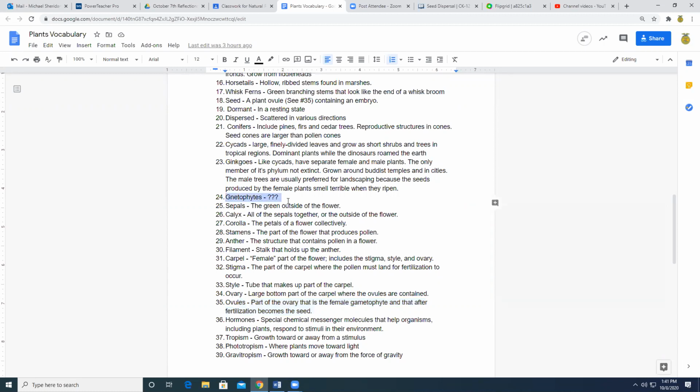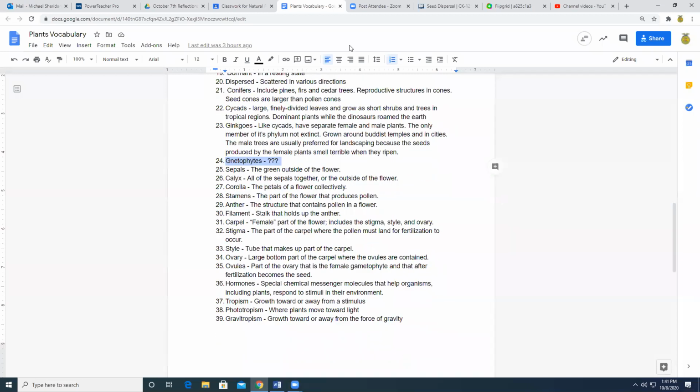Honestly, that was one of our vocab words. I couldn't even find a good definition. They kept giving some examples. Basically, there's about 70 different types of species that are small. They grow in weird places. They look really weird. They aren't very common. We don't even need to worry about it.